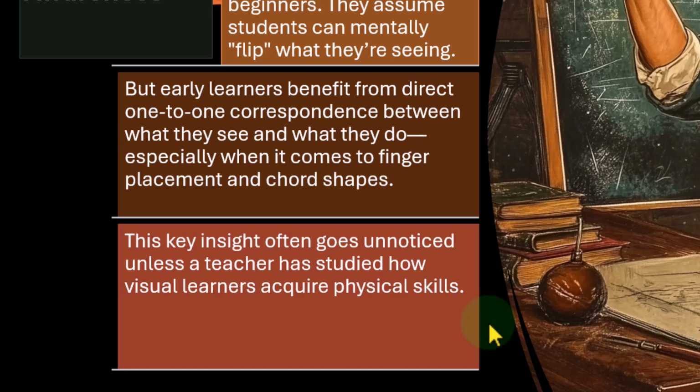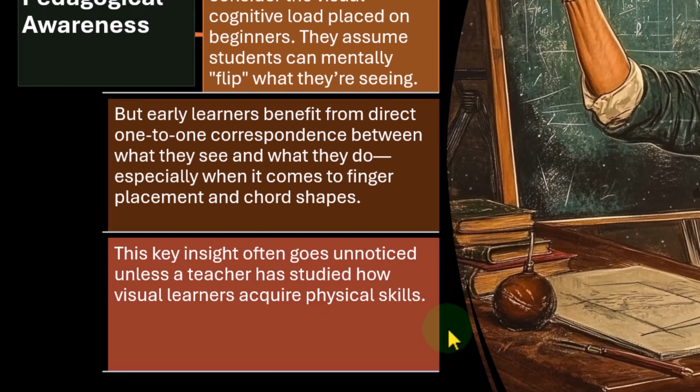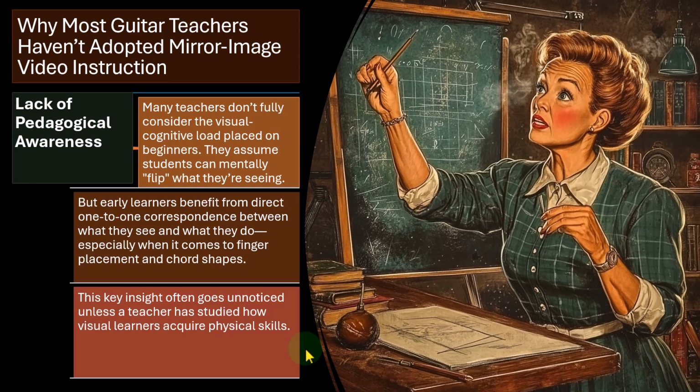Obviously, what we would like to do is optimize all of them if we can get access to them, so that we can get the benefits, making each of them as optimal as possible given the type of learning platform that is being used. So this key insight often goes unnoticed unless a teacher has a student, how visual learners acquire physical